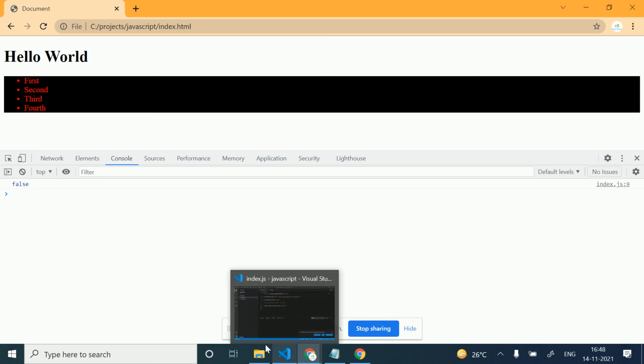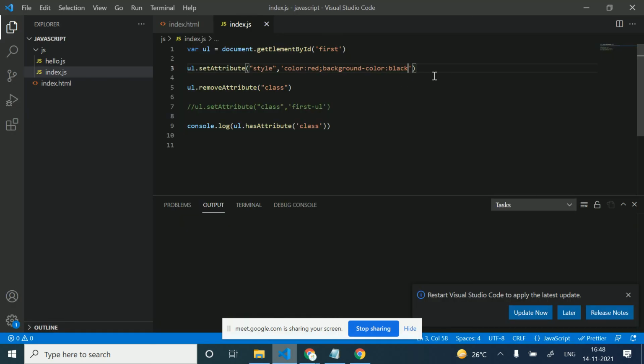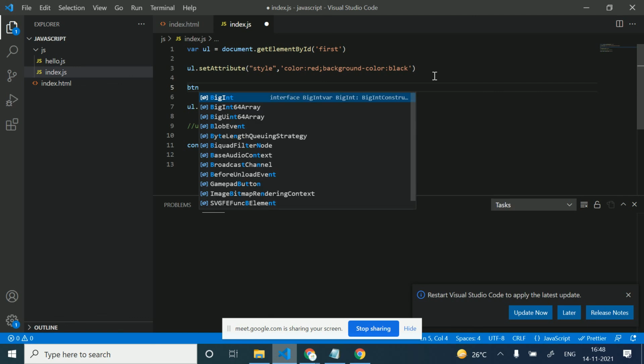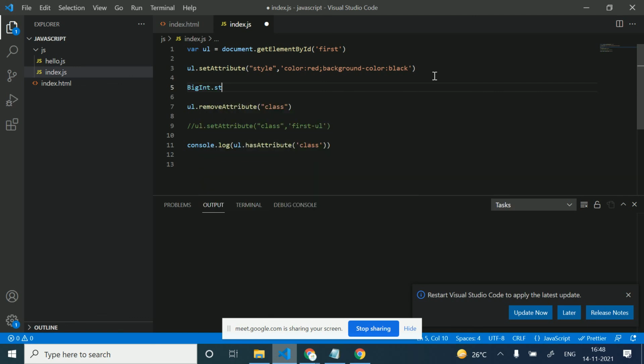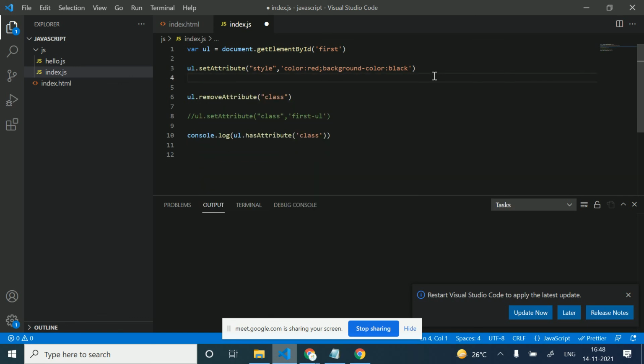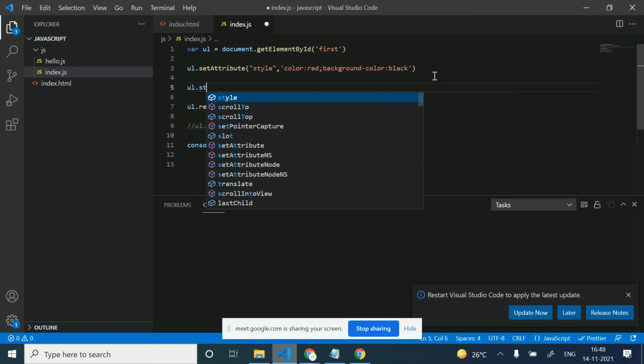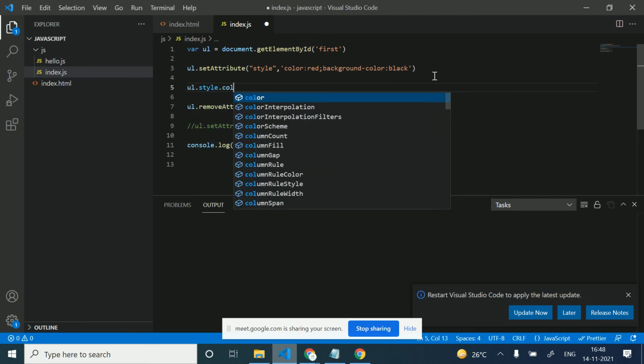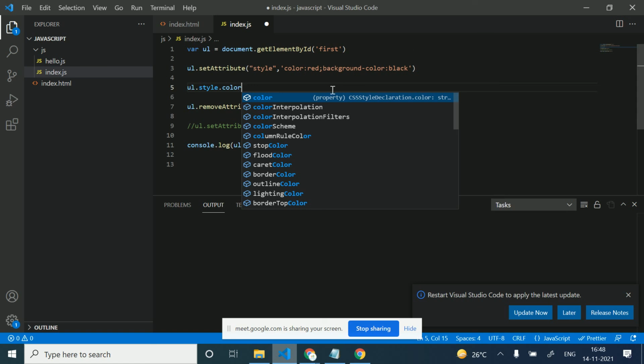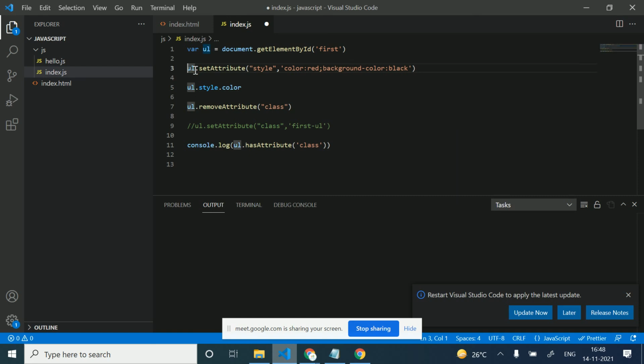There is another way to add the style, like ul.style.color. I'm just going to comment this out, and I will use the color red here.